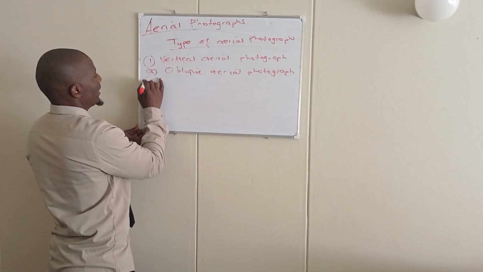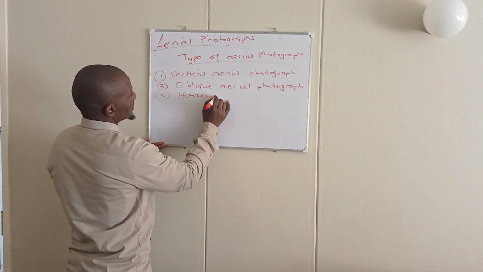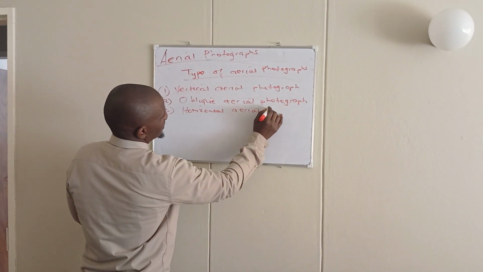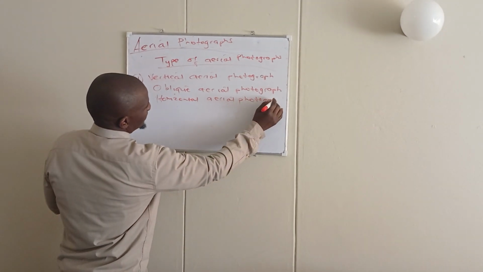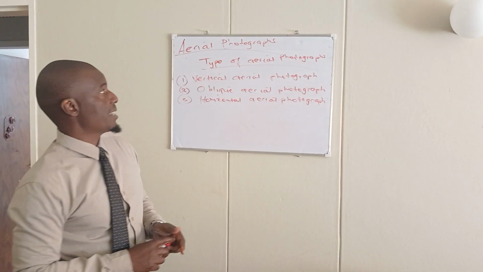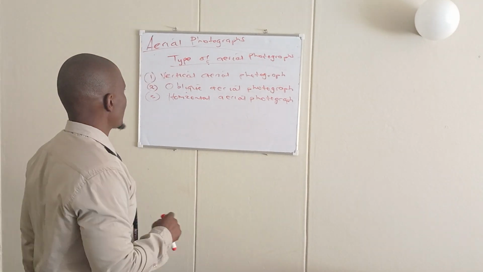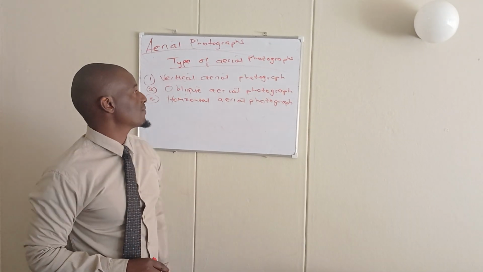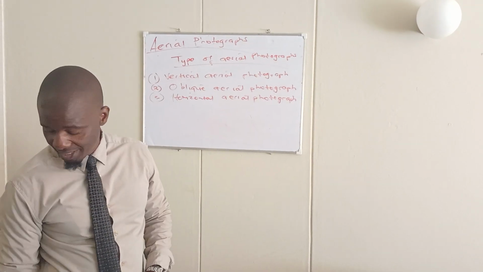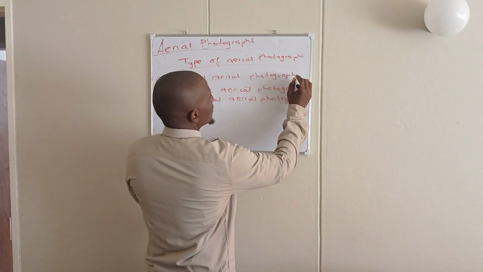Then number three, we have got the horizontal aerial photograph. So these are the basic three types of aerial photographs that we have: the vertical aerial photograph, the oblique aerial photograph, and the horizontal aerial photograph. I'm going to start by explaining the first one, that is your